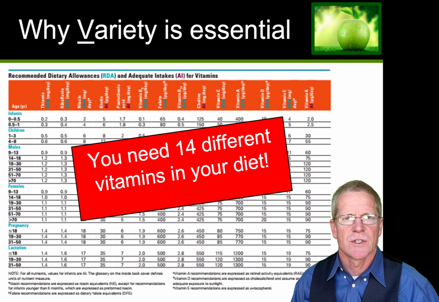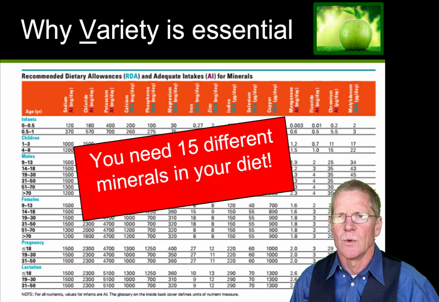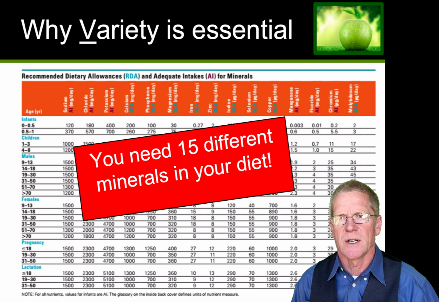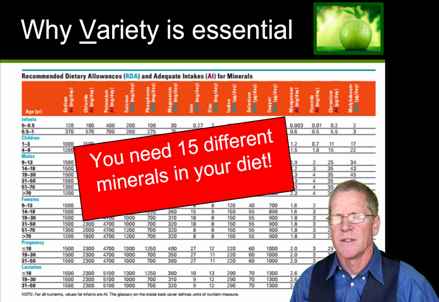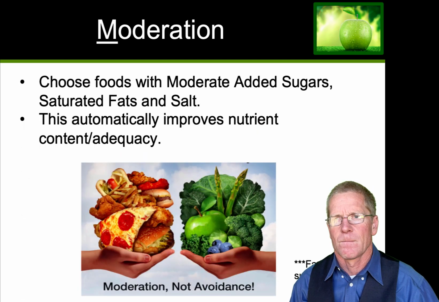Because it's impossible to track 29 different vitamins and minerals, it's much easier and much more practical to just increase the variety of your diet. By increasing the variety of foods that you're eating, you're exposing your body to all of the vitamins and all of the minerals that it needs to extract to keep you healthy. So eat a large variety of different kinds of fruits, vegetables, whole grains throughout the day and throughout the weeks and months, and you will naturally be able to ingest all the vitamins and minerals that you need.